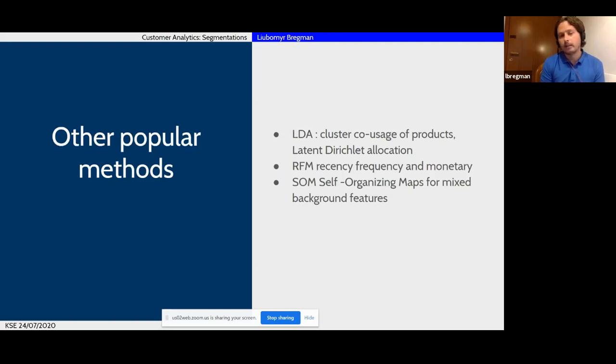One of these, not really a super new algorithm but becoming very popular, is self-organizing maps, which works well with categorical data. LDA also works well with categorical data. And I'm not aware of a super successful implementation of SOM in Python or R, so it's definitely not available in BI tools like Power BI.